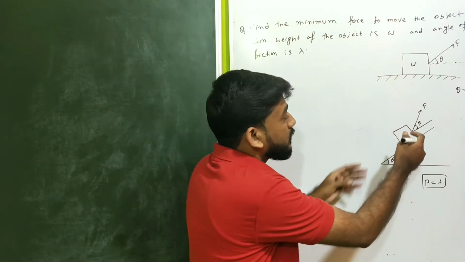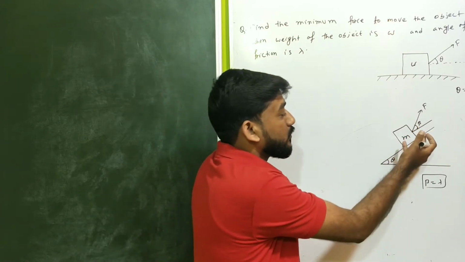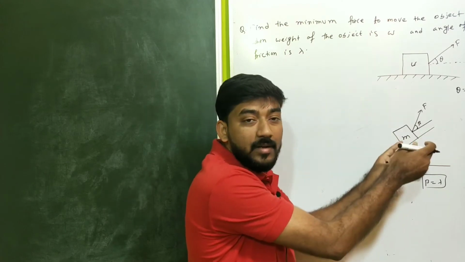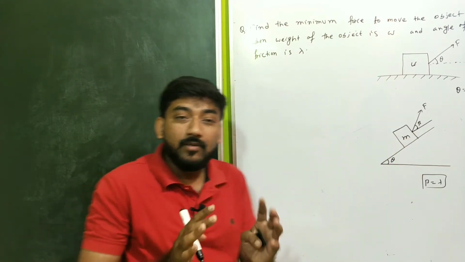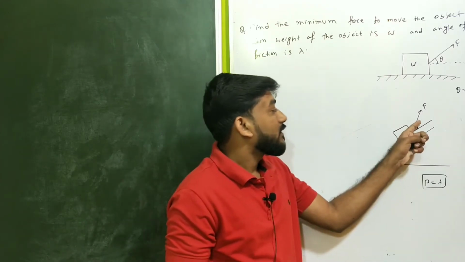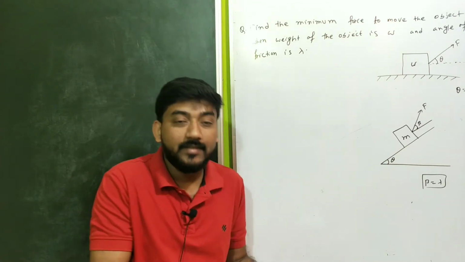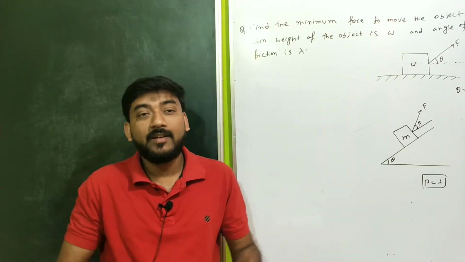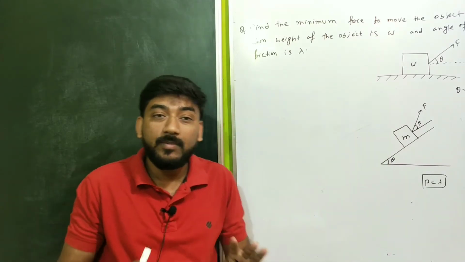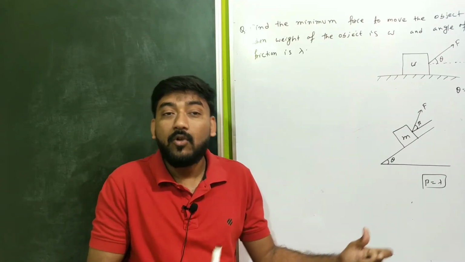In each and every problem of this kind, maybe the force will be along a different direction. Here also the object will sometimes tend to move upwards, sometimes downwards, but the condition was the same. The relation between this angle and the angle of friction was the same. Maybe the direction is different, but numerically it is the same, and I will prove that for this problem also it will be the same. This is a trick to remember for competitive exams also.